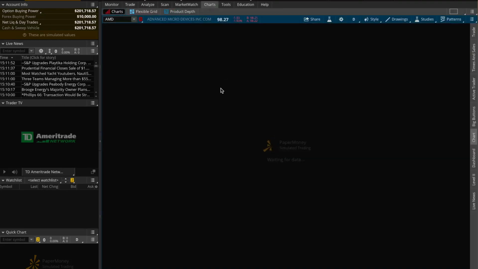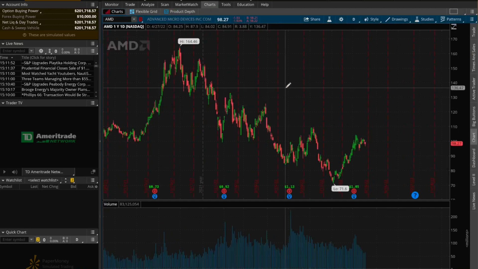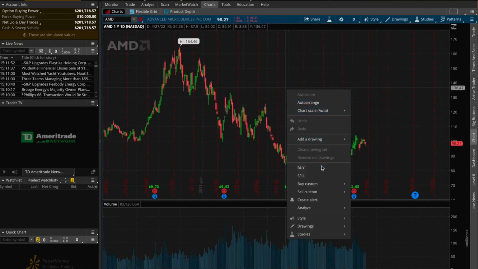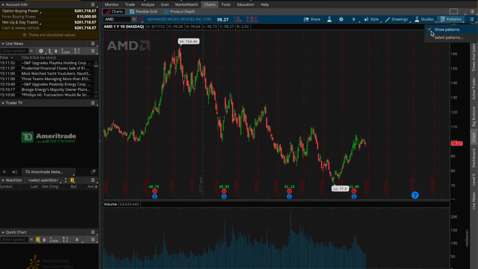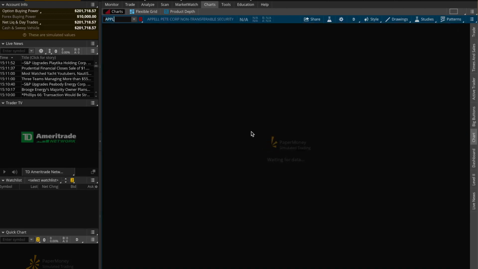So for example, let's say we go over here to AMD. You can actually trade right out of here. You can buy or sell or buy custom, with your stop limit orders, or your one-cancels-the-other orders. You can create alerts and stuff. You can even make this identify patterns. I have it set up so that it will show certain patterns if it recognizes them. I guess it's not recognizing any patterns right now, but